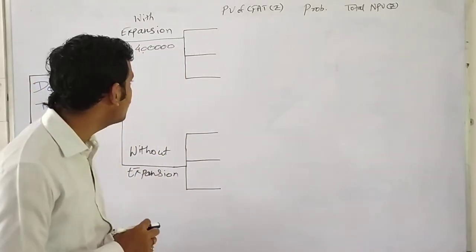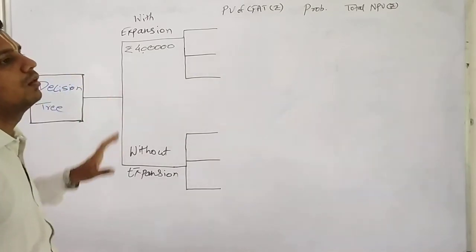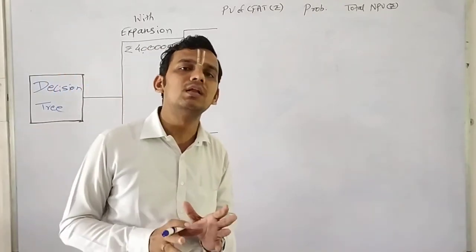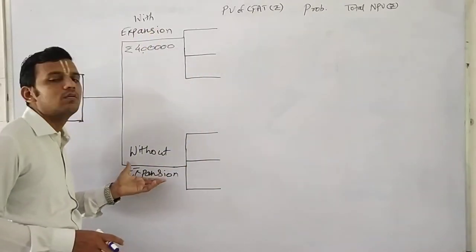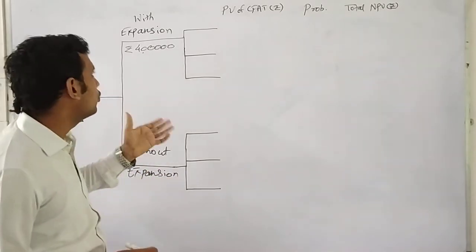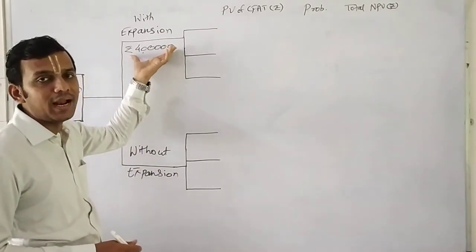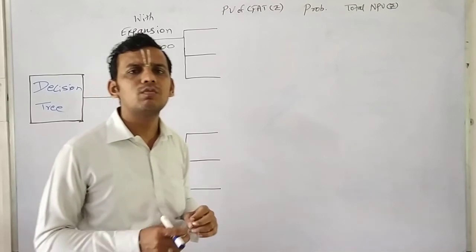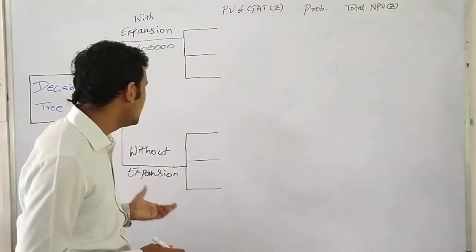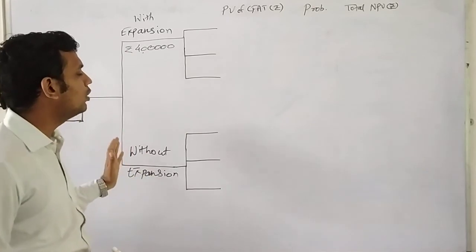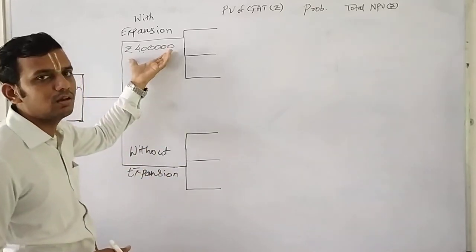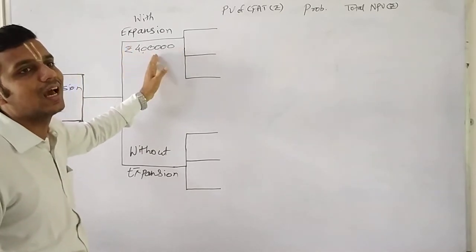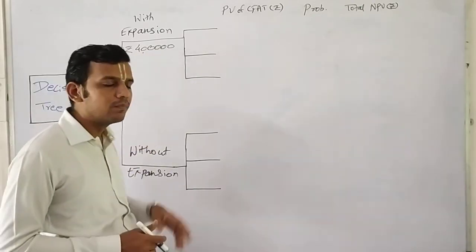Before that I will give you a brief on the question. We have to prepare a decision tree. The question says that we have an ongoing project which has two possibilities. We can go either for expansion or we can avoid the expansion. For going for expansion there would be an additional cost of rupees 4 lakh, whereas with the option of no expansion there would not be any capital expenditure as we are going with the same criteria. But here we can definitely see that there is a capital expenditure of rupees 4 lakh. That means it would be our cash outlay, which is the present value given in the question.